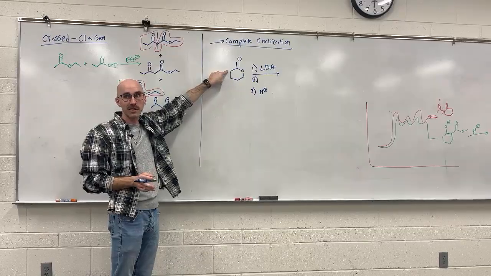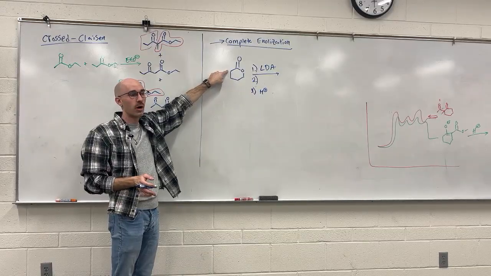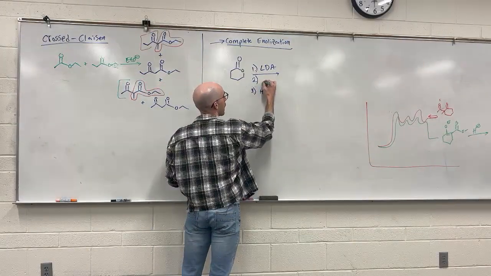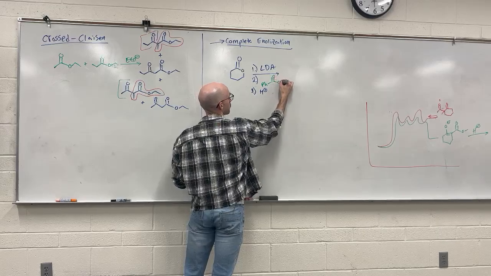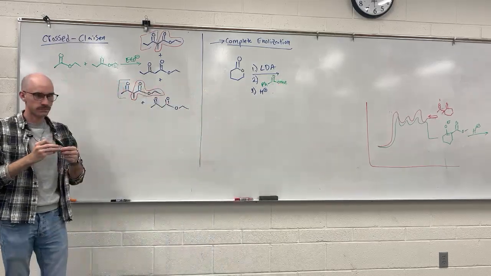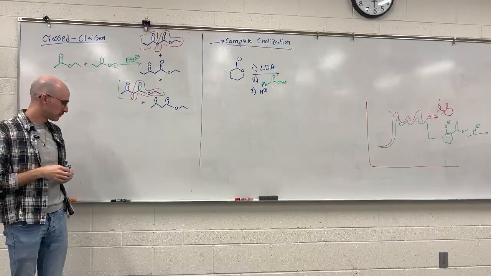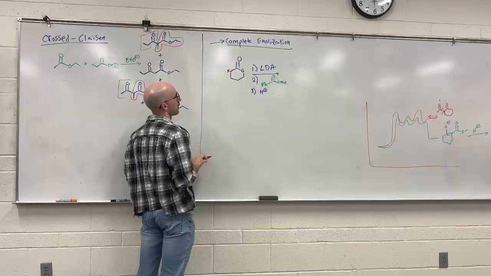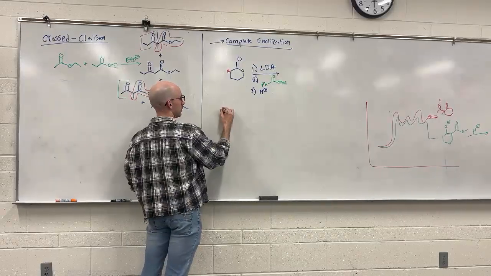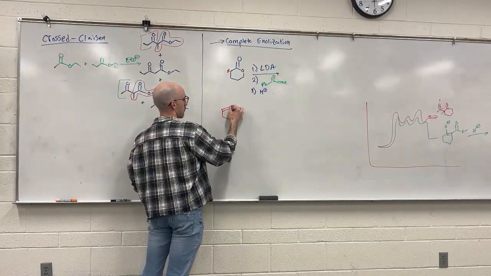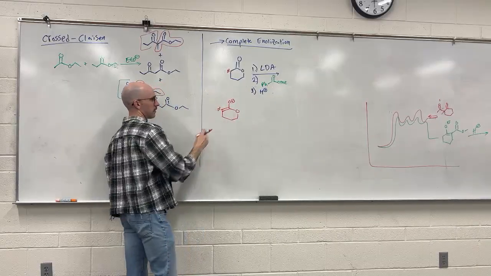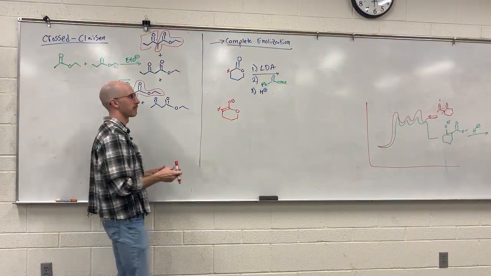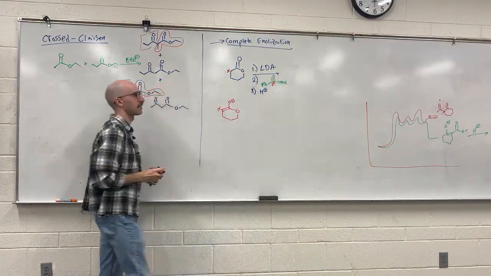And then we introduce whatever electrophile we want. So let's run this with methyl benzoate. In the presence of LDA, this becomes alpha. When it becomes alpha, it's truly in that enolate form. After I form that enolate,